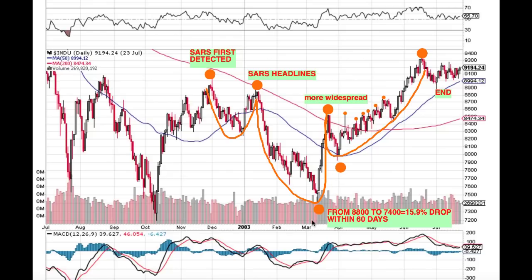So this was the worst point, which comes within 60 days after the conditions that we currently have. Then at some point the worst gets priced in. All of a sudden the unknown is no longer the unknown and the markets begin to rally. So expect this to materialize, guys, over the course of the next 60 days, which is going to create some